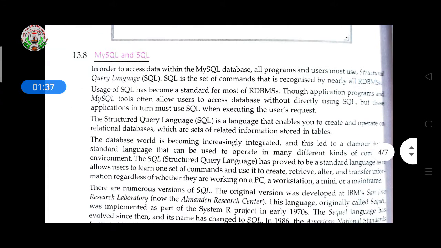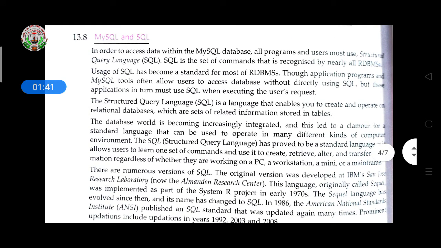Then MySQL and SQL. In order to access data within the MySQL database, all programs and users must use the standard query language, that is SQL. SQL is a set of commands that is recognized by nearly all RDBMS. With the help of this standard structured query language, it is easy to retrieve data from the database because it is a set of commands.